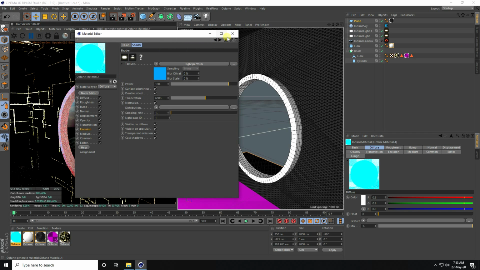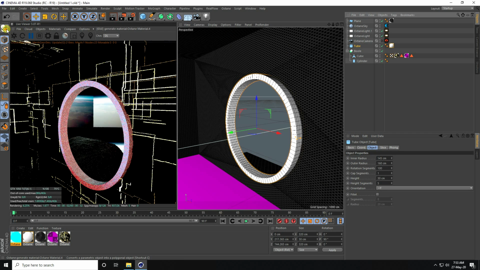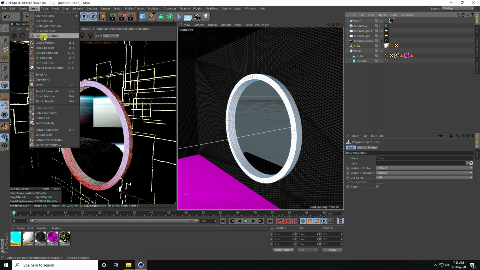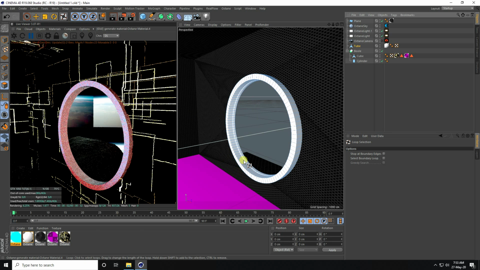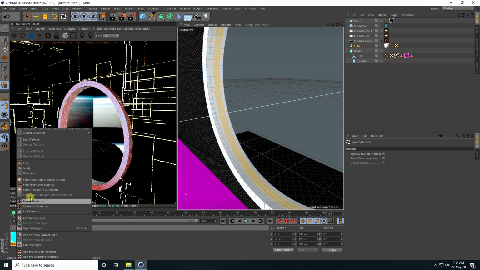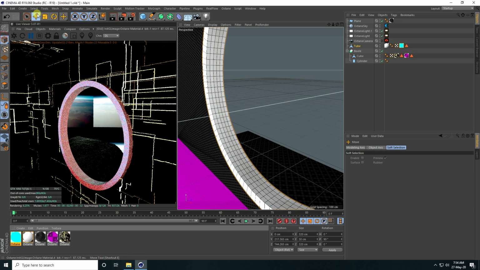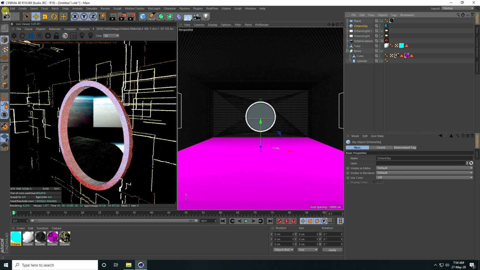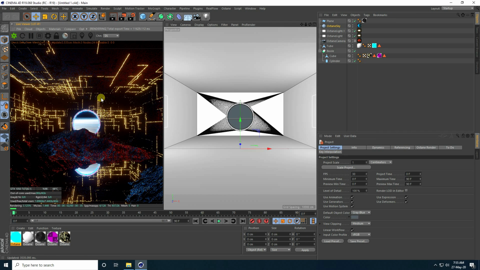Right guys, see, that's my material. So select this tube and make editable. And go to select. Guys, I also select this polygon. Go to select and use loop selection. And select mid one, this one, and apply emission material. So guys, go on camera and save and play. See guys, that's my render, right?